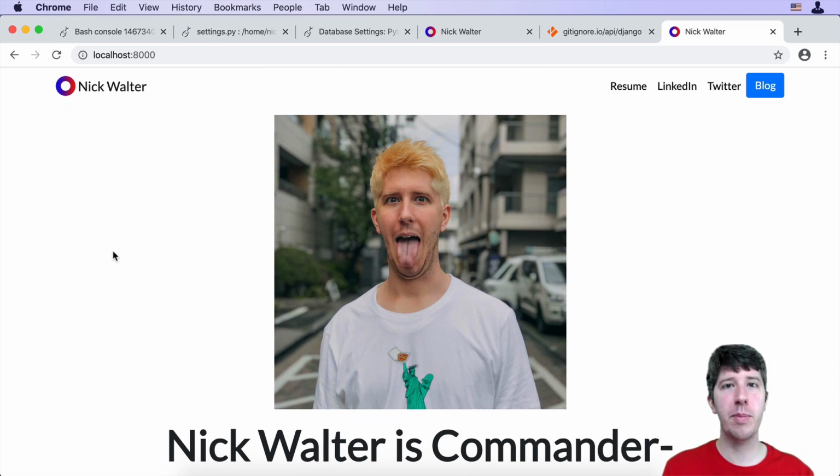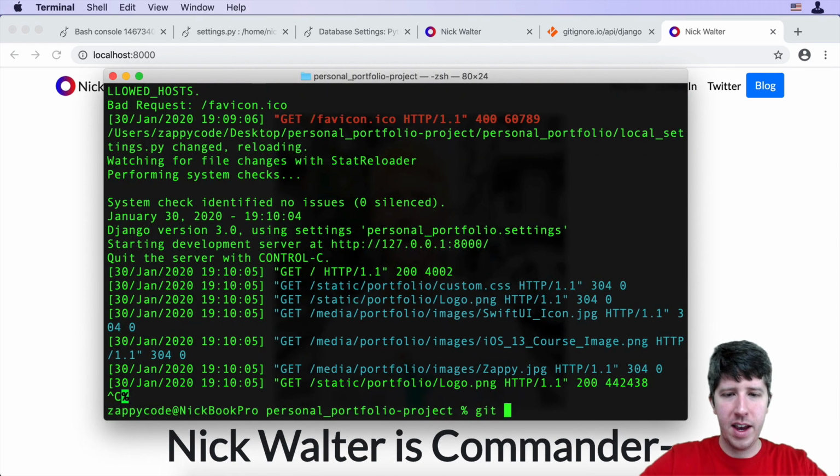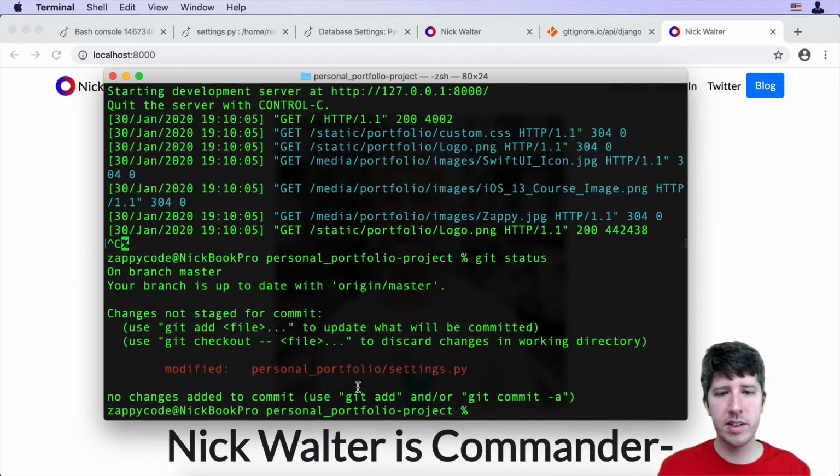And when we push this up, it's going to have those new changes. And look at this. If we go back to our terminal, I'm going to do a Control-C to stop, and I do a git status. Okay. You can notice that it only has the changes for the settings.py. It doesn't do anything about local_settings. Pretty cool. All right. This is now where I'm going to take you through the ultimate flow